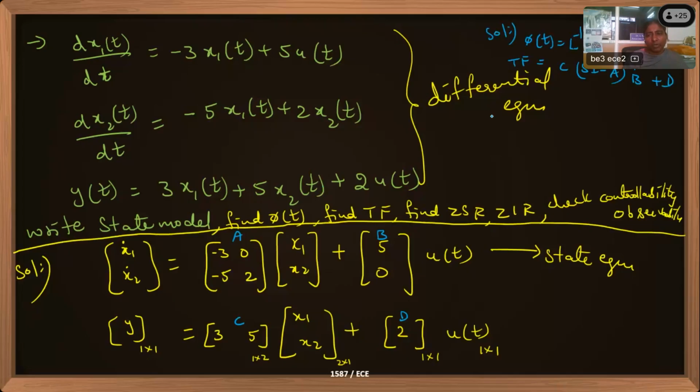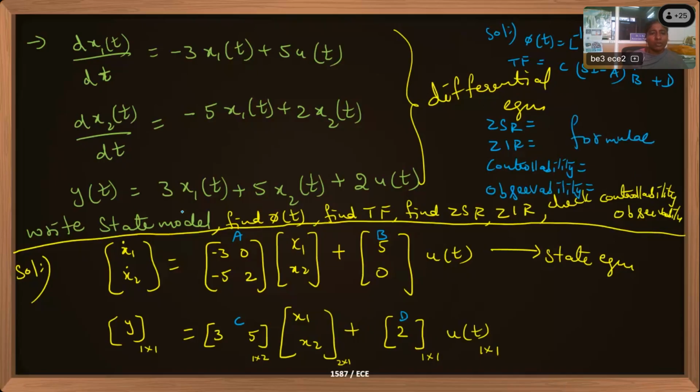Check the formulas one more time. Zero state response, what is the formula? Zero input response, what is the formula? Do it. Then controllability, what is the formula? Matrices A, B are required for calculation. Then find the delta. Then observability, what is the formula? C transpose and A transpose are required. Put in the matrix, find the delta. Okay. So all these are formulas, direct formula substitution.